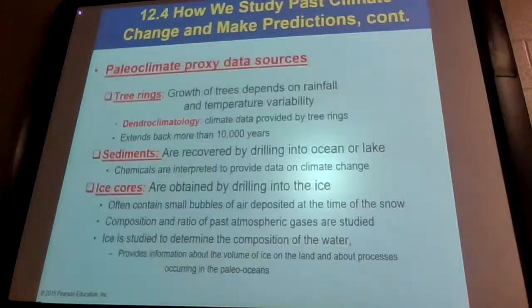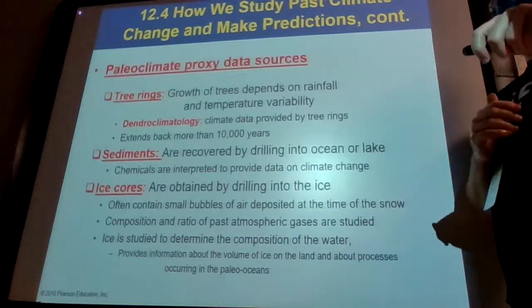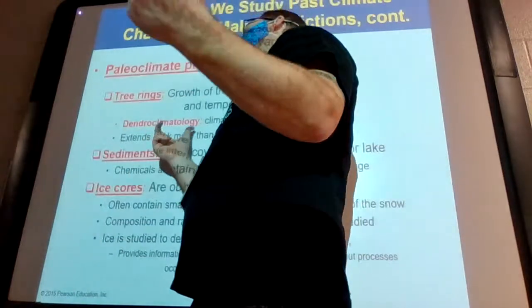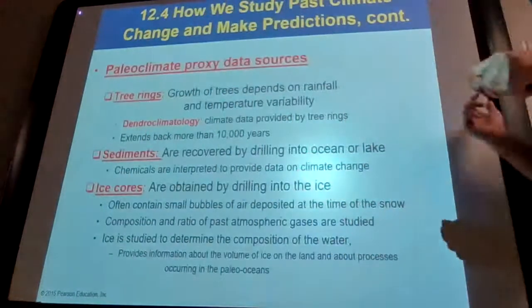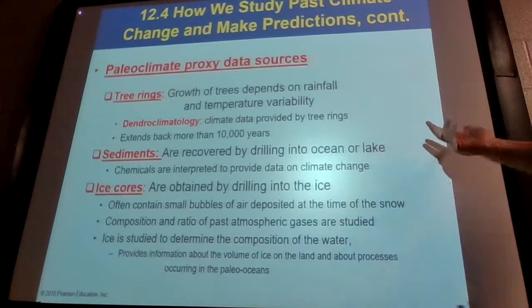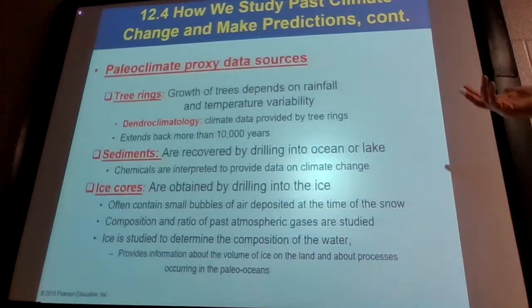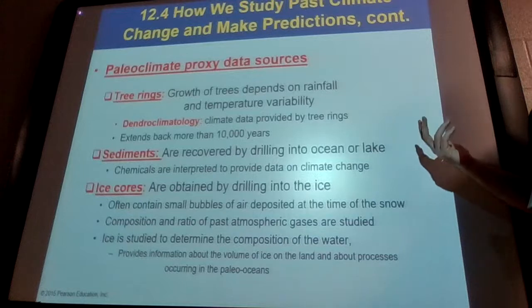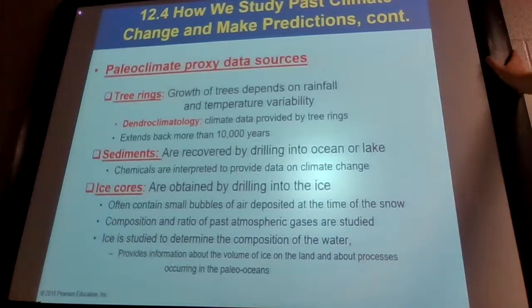And so the things that they're referring to are things like tree ring studies, which is called dendroclimatology. Dendro is a prefix for trees, and climatology obviously is the study of climates. And so you're studying tree rings and how trees form as living things. They're greatly going to be dependent on the amount of oxygen in the air, the amount of carbon dioxide in the air, how much rain falls. They're going to be susceptible to different new chemicals that get introduced into the atmosphere. And so by studying their rings and taking samples of the actual growth of the tree, you can understand and learn a lot about times where humans weren't necessarily recording temperatures and see what the environment was like.